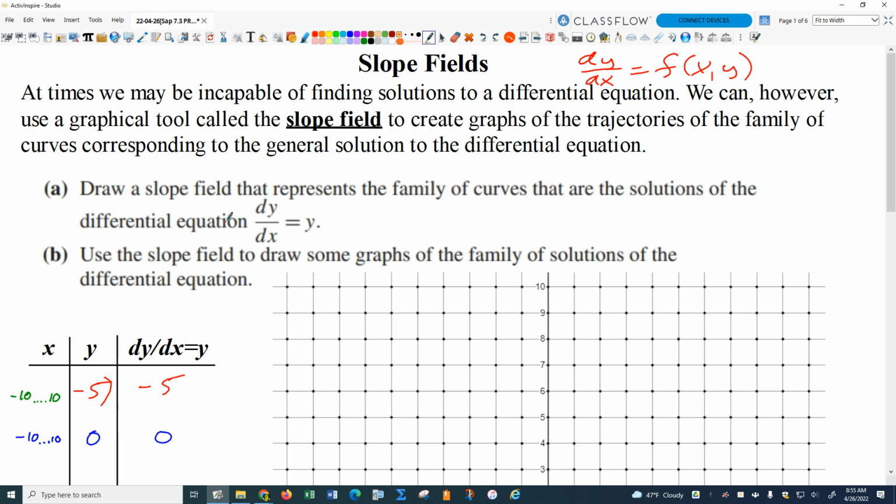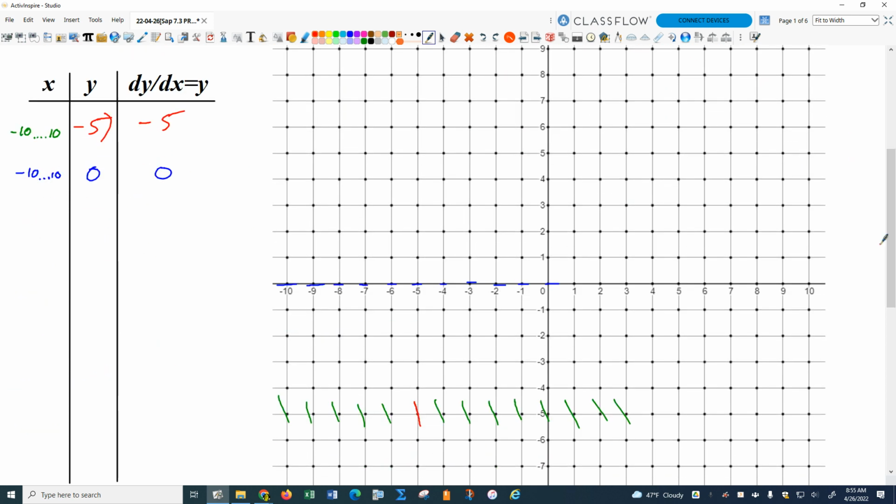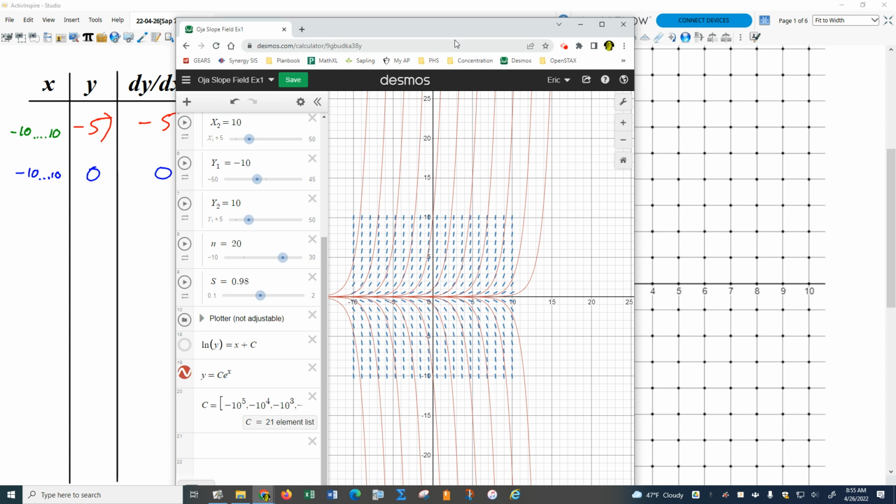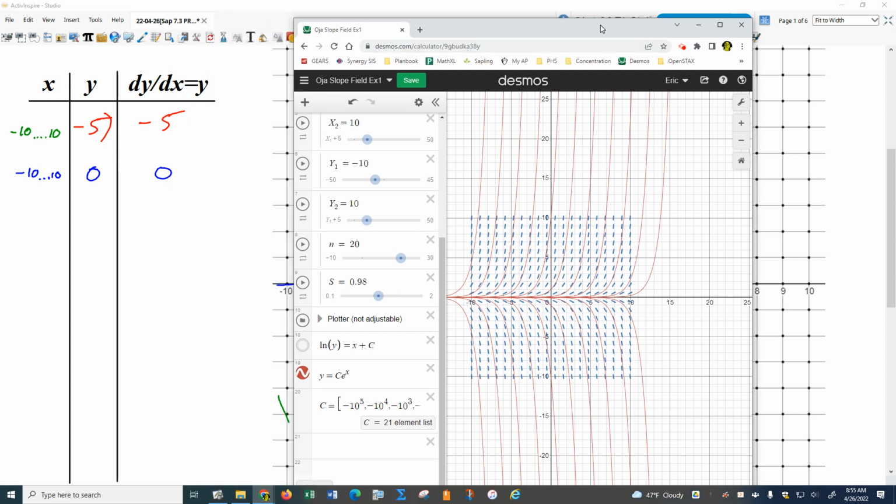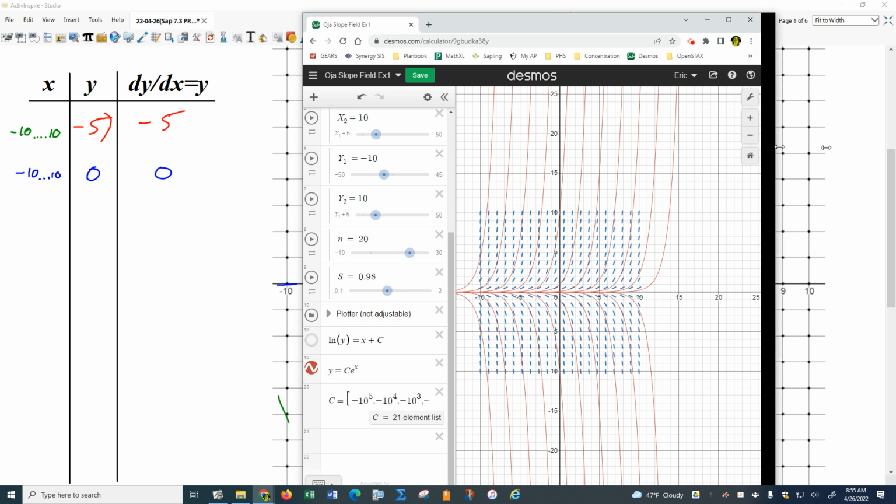Okay, so we did that. We drew a slope field, and you see how I could have used that table and just made a whole ton of these things. Here's something else you could do on Desmos. While we're at it, let me show you something else we could do, how you could use the